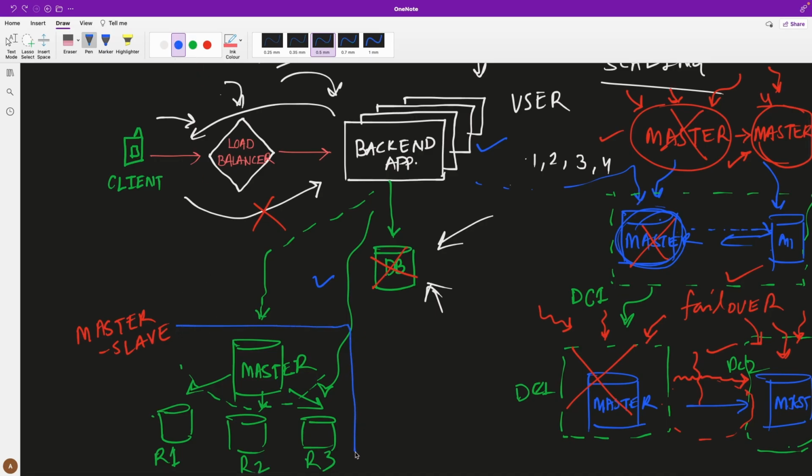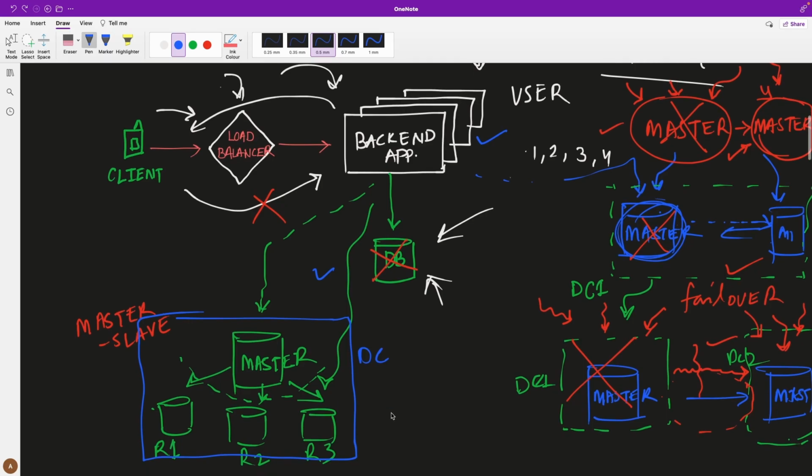So this is, let's keep it in one data center, right? Again, if there is a power failure in the data center, we might not be able to serve the application request, right? So it's always better to keep your read replicas in different data centers. At least keep your read replicas in different data centers. Let's see how our application would look once we apply these changes.